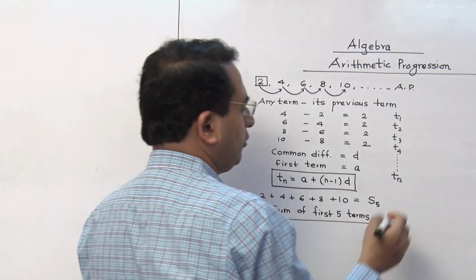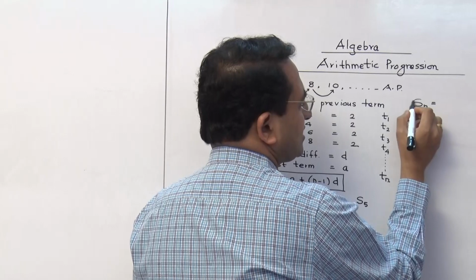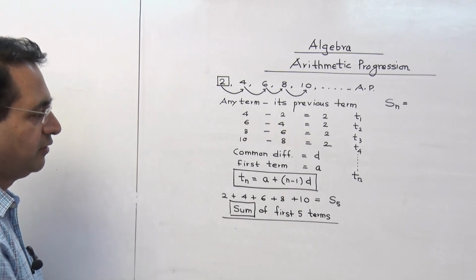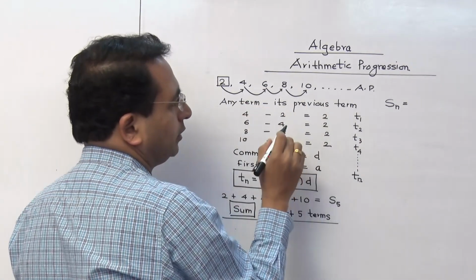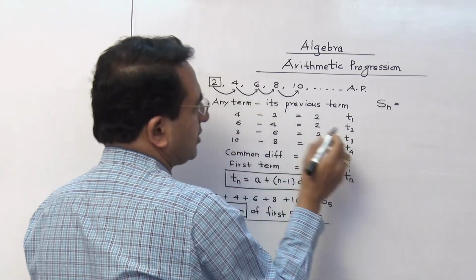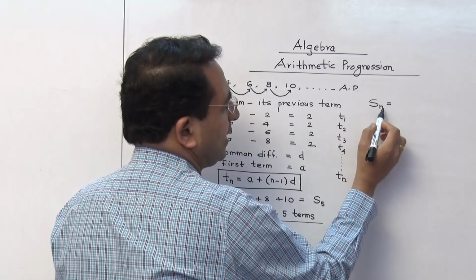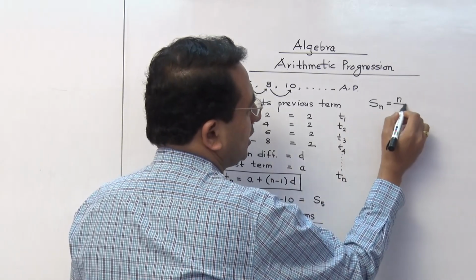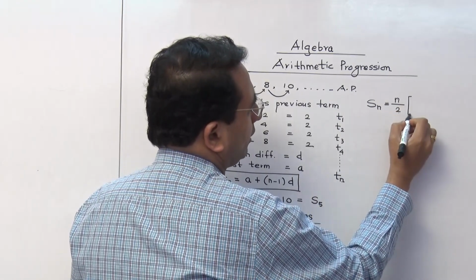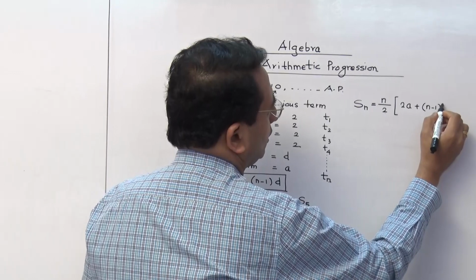So there is a formula. Now what we have to do is, we will write the formula here, Sn. And that S means the sum. Sum of first 5 terms. You cannot take any group. You have to start with the first, and that is the formula for Sn. Suppose there are 20 terms in an AP, and if you want to find the sum of all, then you will write S20. Now the formula is Sn is equal to n by 2 into bracket, here we can write 2A plus n minus 1 into D.